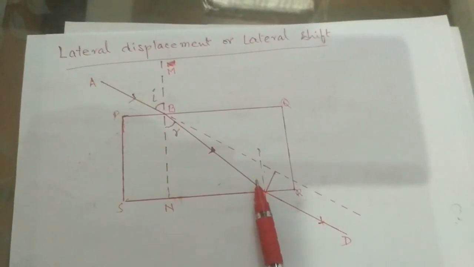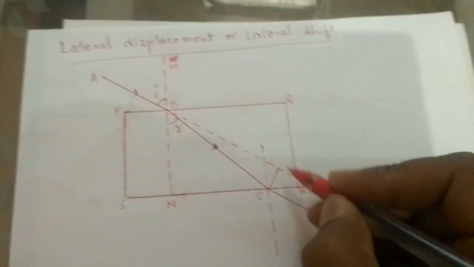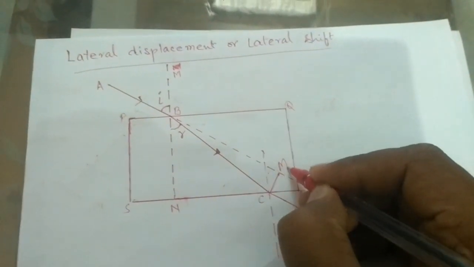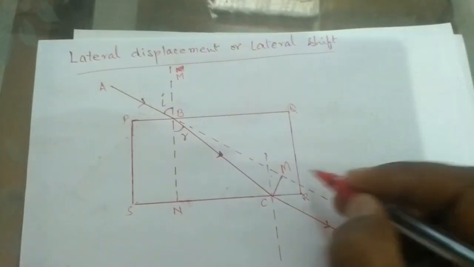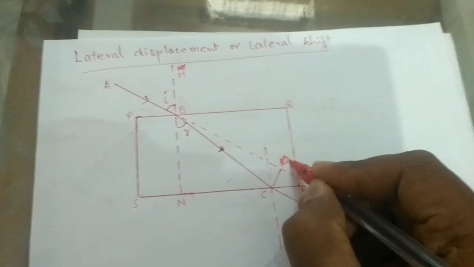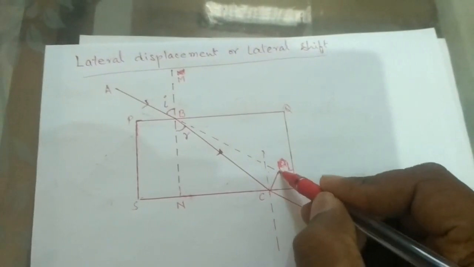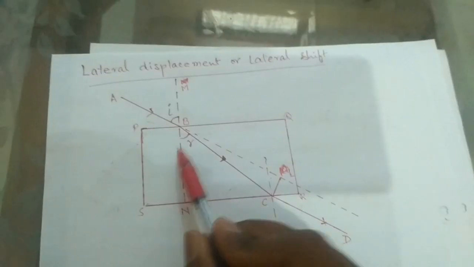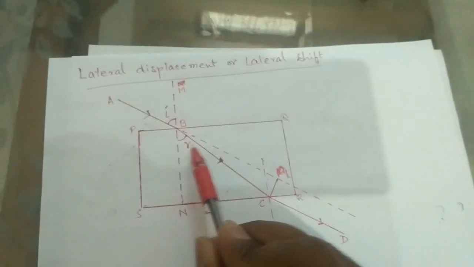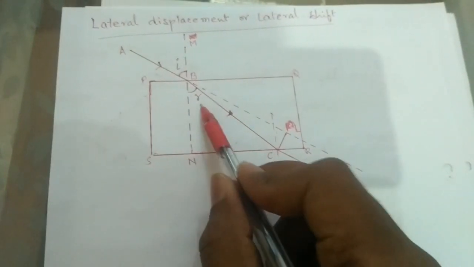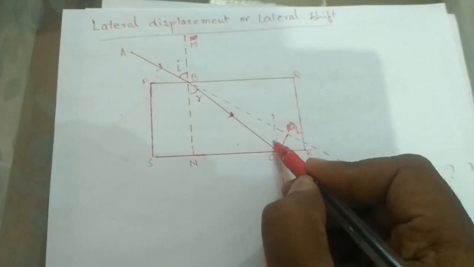What would be this? Sorry, one more thing. This perpendicular shift that we are going to calculate, let this be L, because L for lateral shift we can say. So this is lateral shift CL. We are going to calculate this. So this normal and this normal are parallel to each other. So according to the alternate angle, this angle R will be equal to this angle R,